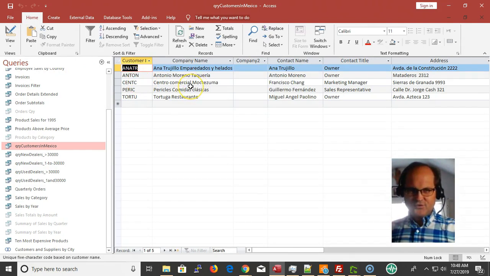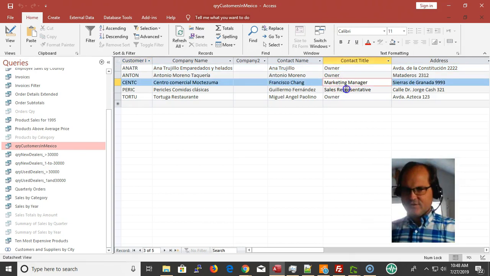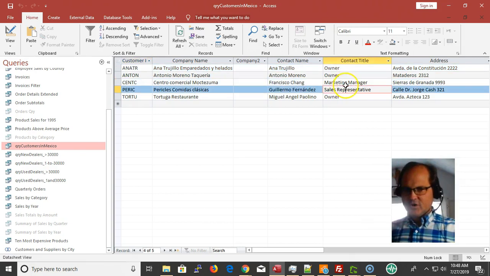Now if I want to go ahead, these are all sorted. Let's see, I want to show you that sorting. So let's say I want to sort by contact titles in ascending order, so that marketing manager, owner, all my owners are together, all my marketing managers are together, and sales representative. There's only one of those, but